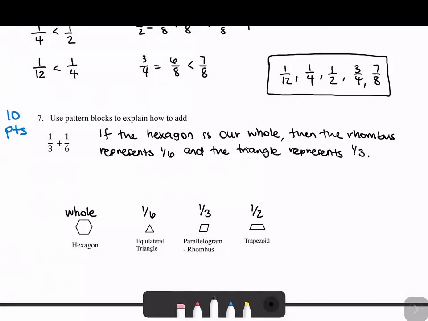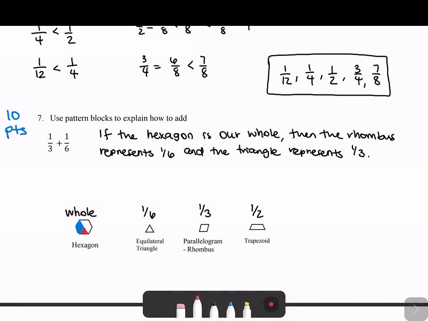Okay, so that's all we've done so far, is to say what different things represent. So now if we want to add these on our hexagon, remember, if we have our rhombus on our hexagon, it looks like so. I'll probably do this in blue just so it's a little bit clearer. So if we have a rhombus in our hexagon, it looks like so, and we want to add an equilateral triangle. So we want to add a little triangle piece down here. So if we put these on our hexagon,